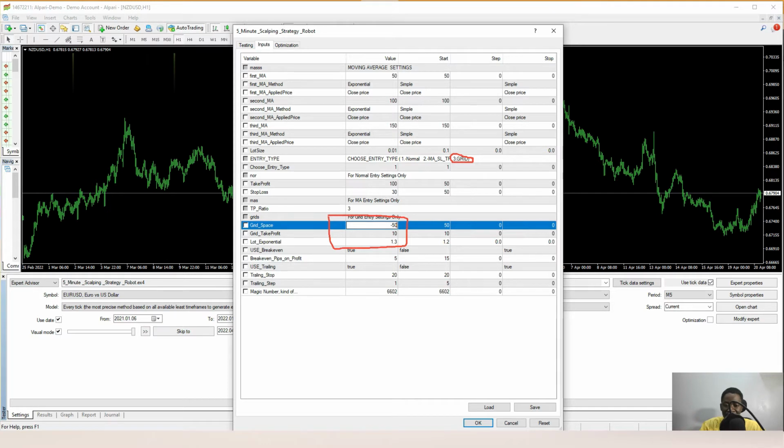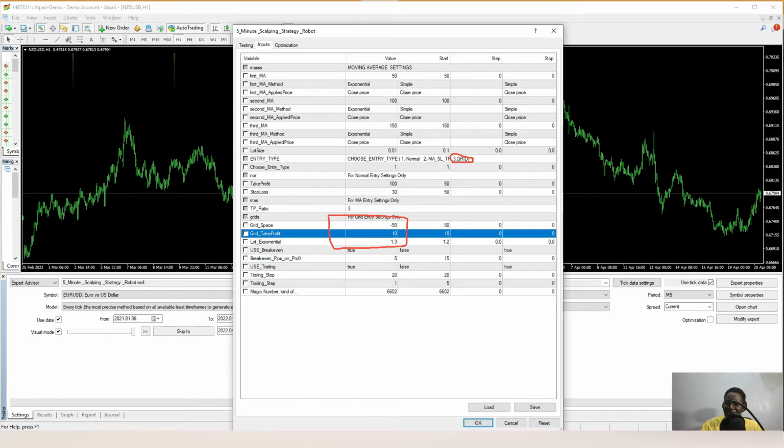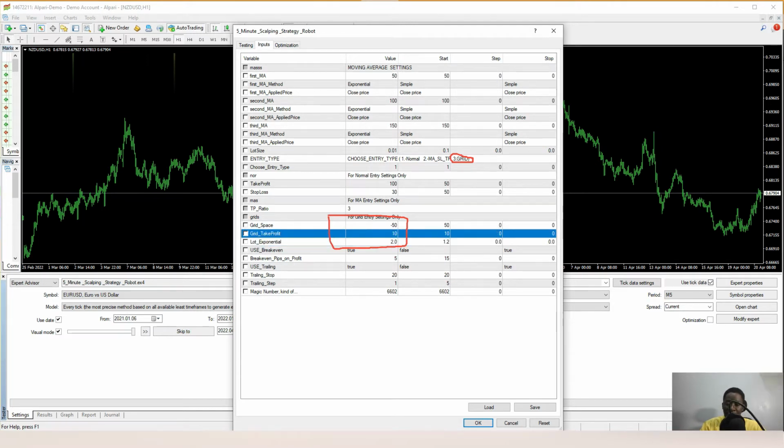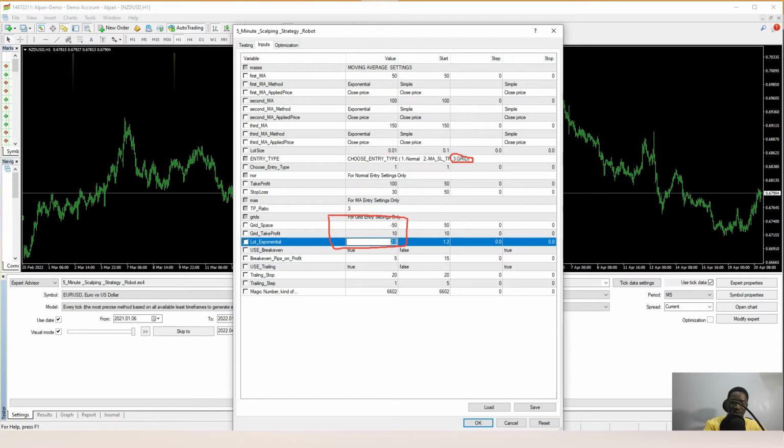And your take profit for the grid is going to be adjusting, because I made this feature very powerful. It uses an average take profit for any number of trades opened on your charts. I will show you. Then this lot exponential, you can also change it. If you use 2, it means your next lot size will be multiplied by 2. But I don't like using 2 because that is a very aggressive martingale. I don't like using martingale. But if I use 1.3, that is still very conservative and it's very okay.